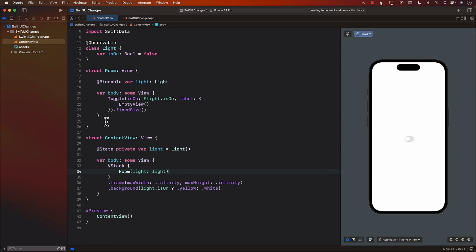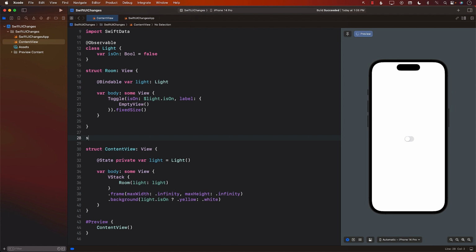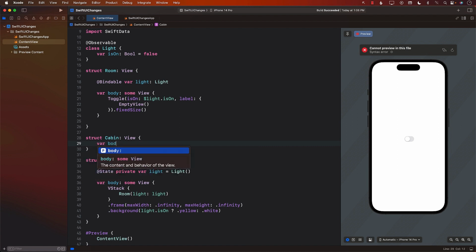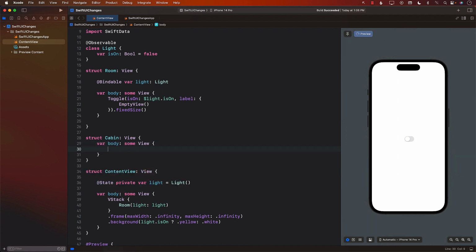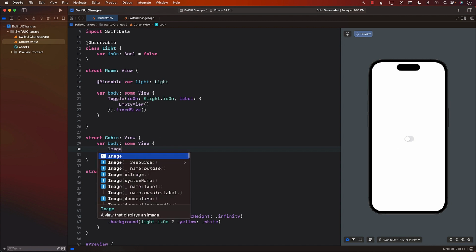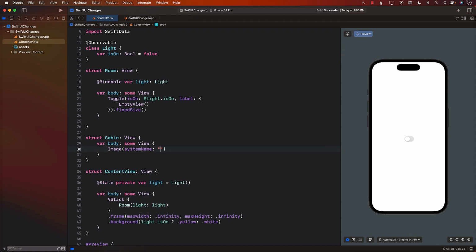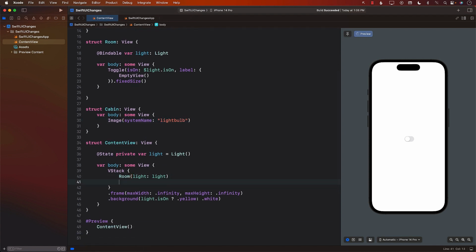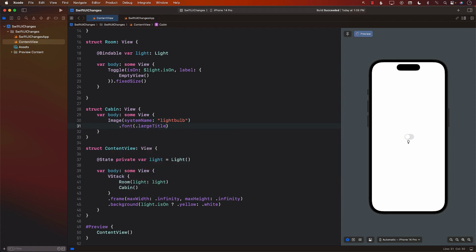What about if I had a different view? What about if I had another view? Let's say we can say a cabin, which is a simple view. It will also have a body. And what I want to do is in the cabin view, I also want to change the view itself. So for the cabin view, let's say that we are displaying a light bulb. Okay. And we can use our cabin view by simply saying cabin. There we go. We can even change the size of the image by saying large title or providing a different